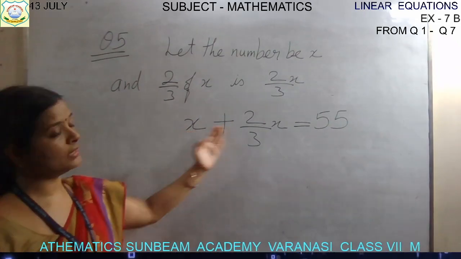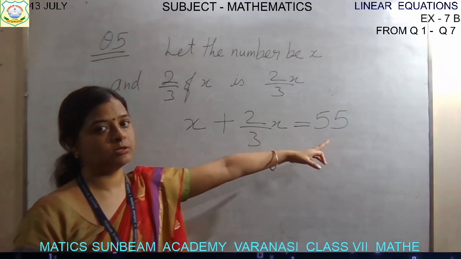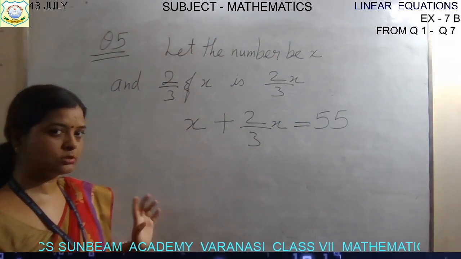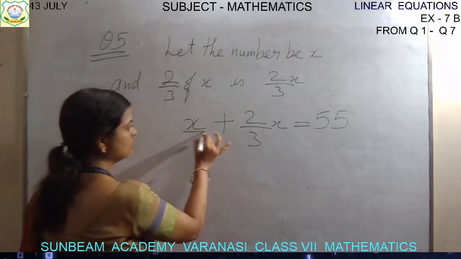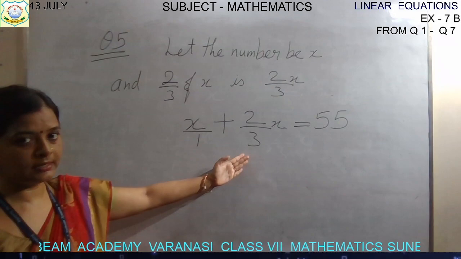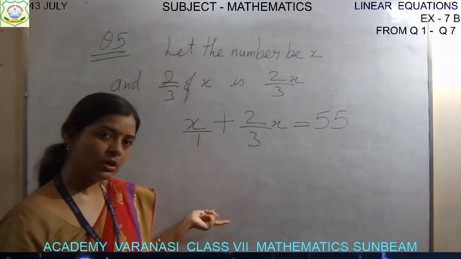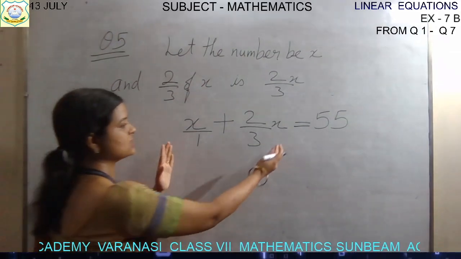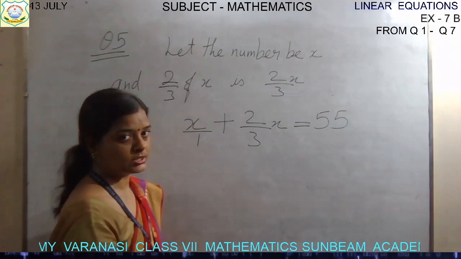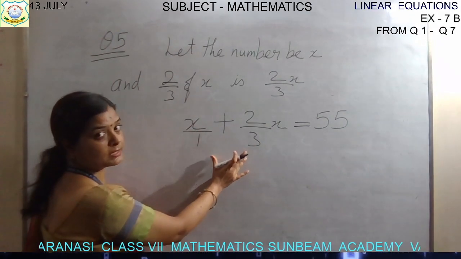You can see already the variable term is on one side and the constant term is on the other side. So no need to transpose it right now. Just solve it. How will you solve? Either see the denominator. Denominator is 3. So multiply both sides by 3 and then you can solve, or I am solving this first and then I will transpose the denominator to RHS. So when you solve this, I am doing cross multiplication.